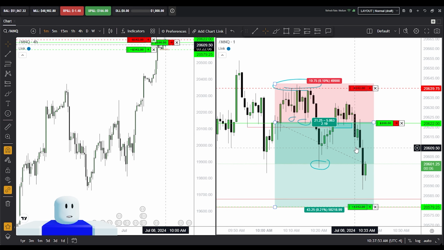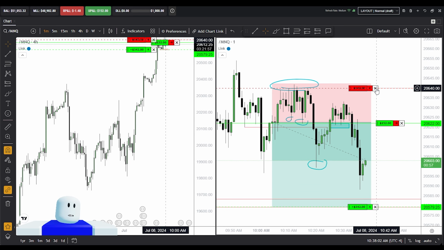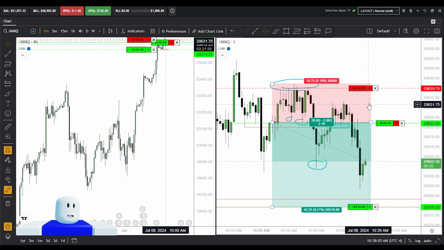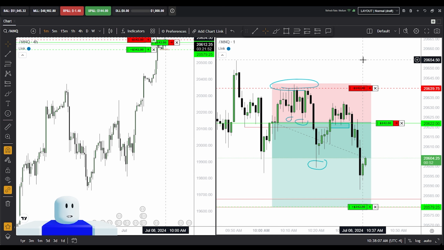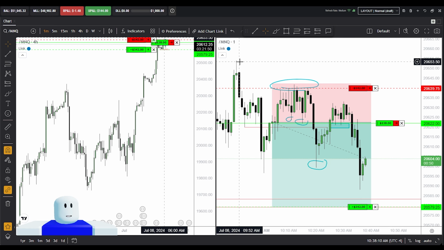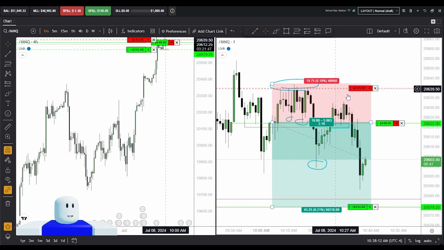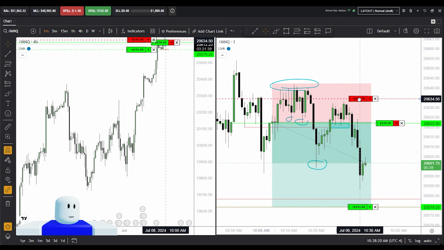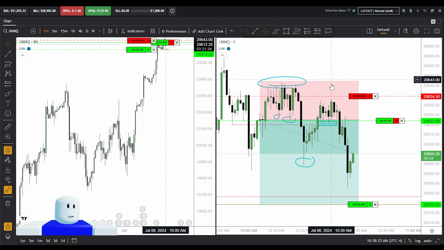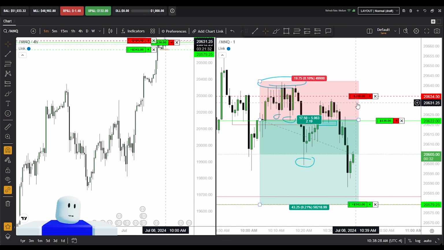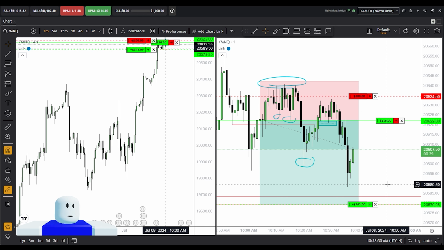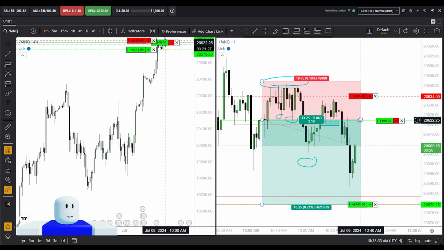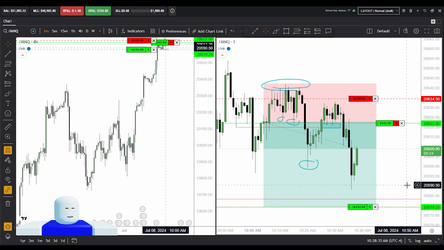The further price goes down, the further I tighten my stop. Basically, if price takes out sell side, comes back up, it's probably just going to take out this high. So there's no point in having my stop up here if my trade is invalidated earlier on. So if price takes out this high right here, my trade has already been invalidated. So I can already set my stop loss to this high right here. There's no reason for price to trade up here if it wants to continue going lower. So that's how I manage my trades. That's how I keep scaling my stop loss.